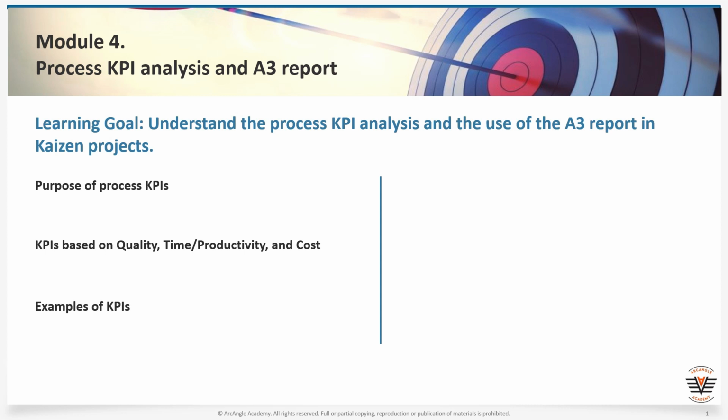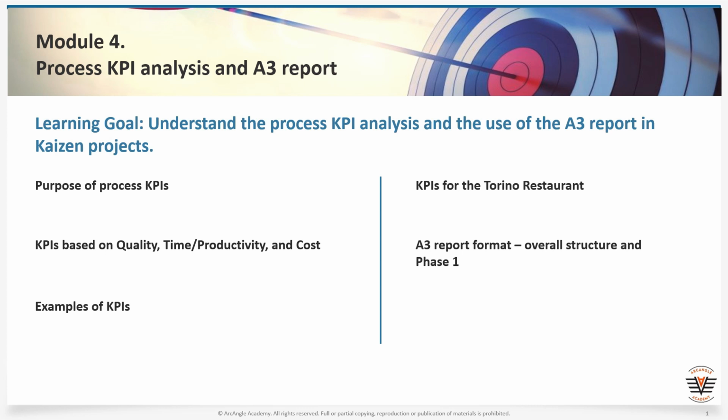Explore examples of KPIs for both manufacturing and transactional processes, gaining practical insights into measuring performance across different areas. Understand the relevance of specific KPIs for the Torino restaurant's food serving process, identifying key metrics that impact customer satisfaction and process efficiency. Comprehend the characteristics and benefits of the A3 report format, which serves as a structured and concise